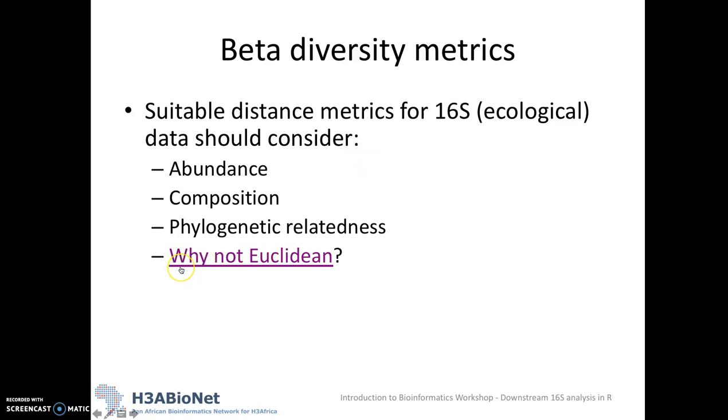So often in previous analyses that are not 16S, you may have come across Euclidean distance that's commonly used for other data types, and you may think, why is that not appropriate for 16S type of analyses? And if you follow this link, there's a nice overview of why that's not ideal for this type of data